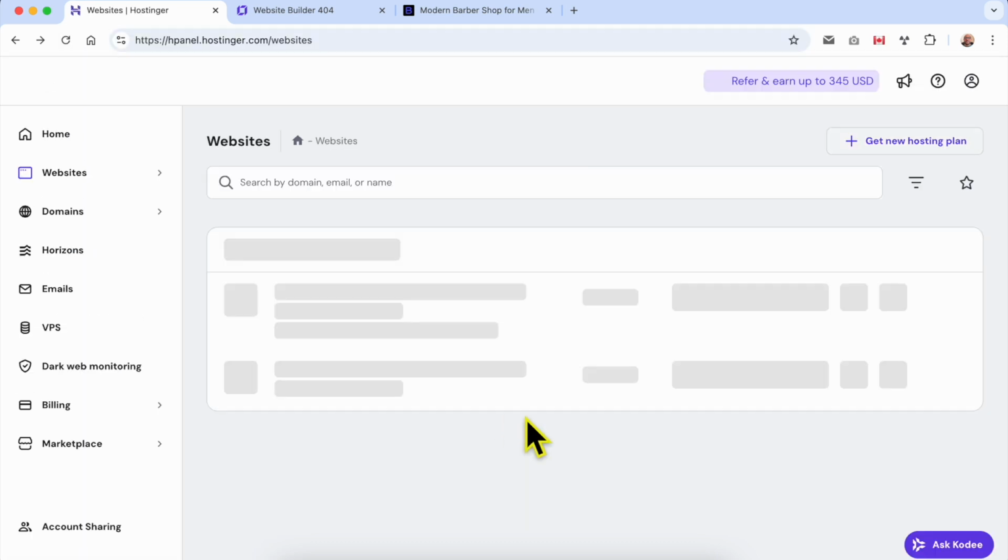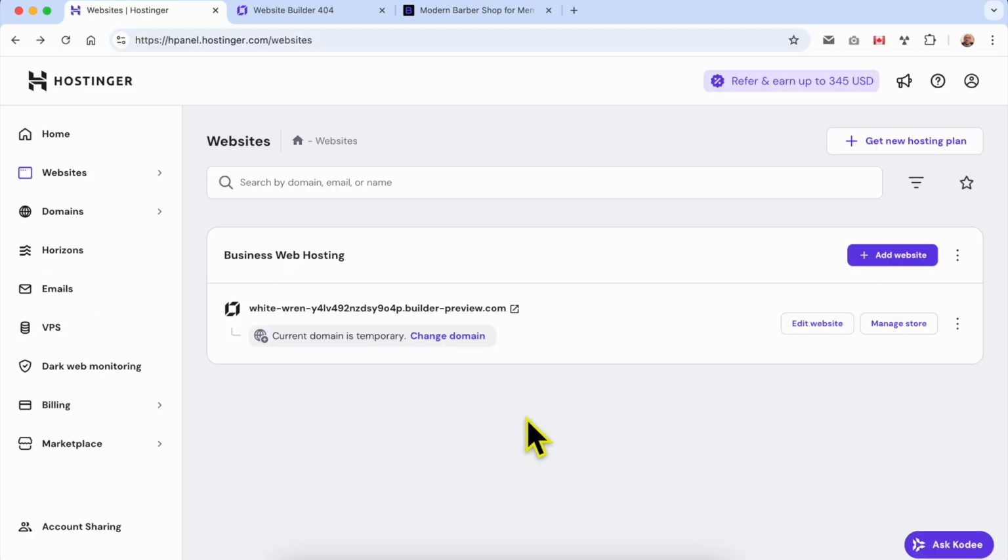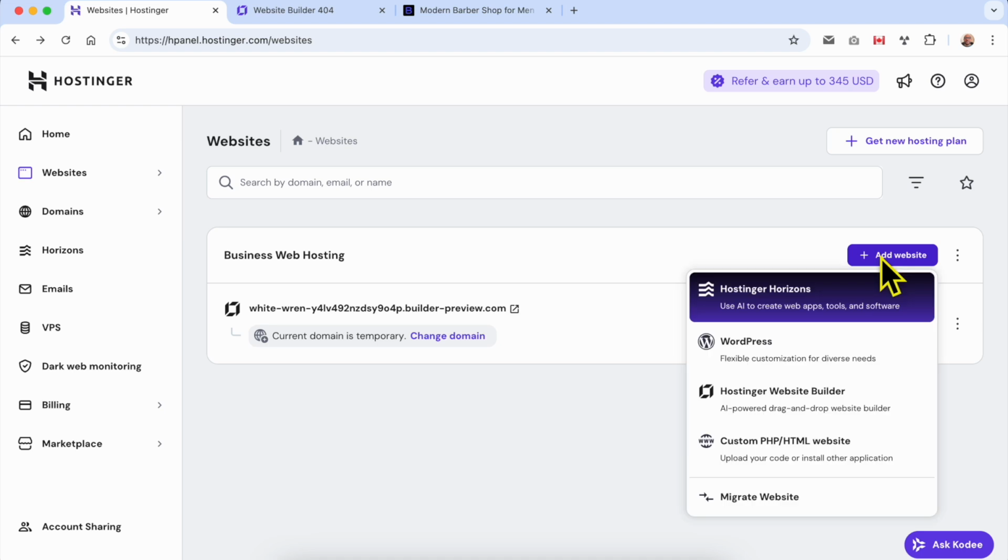Let's refresh this page to see if my website is deleted. Now that my website built using Hostinger website builder is deleted, go to add website, click on it. You will see this list. Here select custom PHP/HTML website. This way you can upload your website code, they mean PHP or HTML website pages, or install other applications. By application, they mean, for example, WordPress, Joomla, or any CMS or content management system application. Click on custom